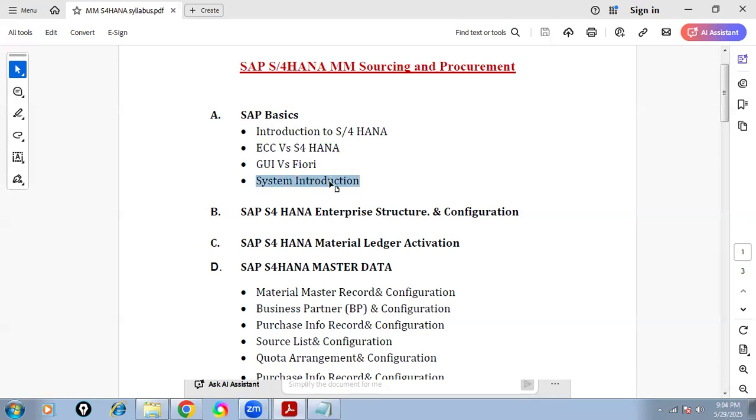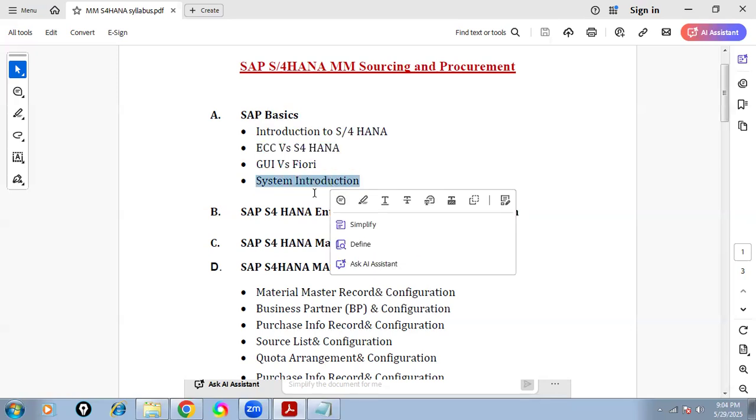And a system introduction: I open the SAP system, and I will explain what the presentation layer is, what the application layer is, and what the database layer is. So I very clearly explain the system architecture in these sessions, right? SAP basics, maybe I take two classes, 2 into 2, 4 hour sessions. That is more than enough. You will get a clear idea what SAP is. So with that right knowledge, we are starting the SAP MM journey.